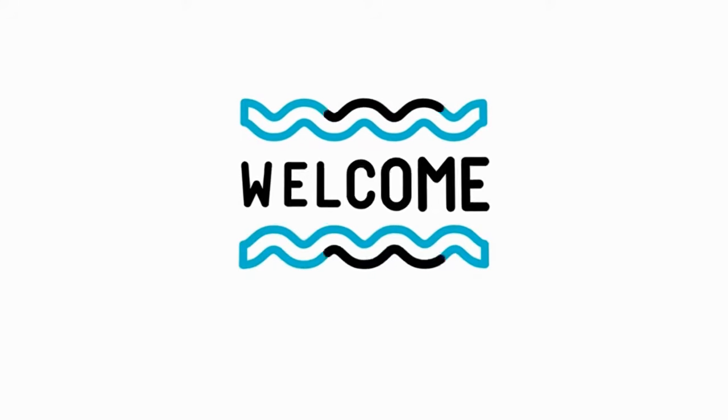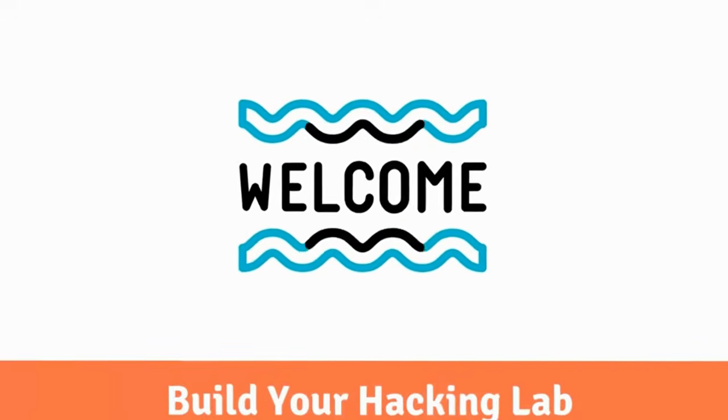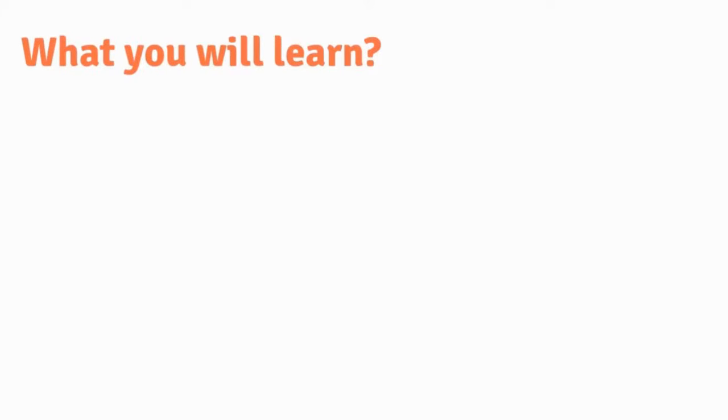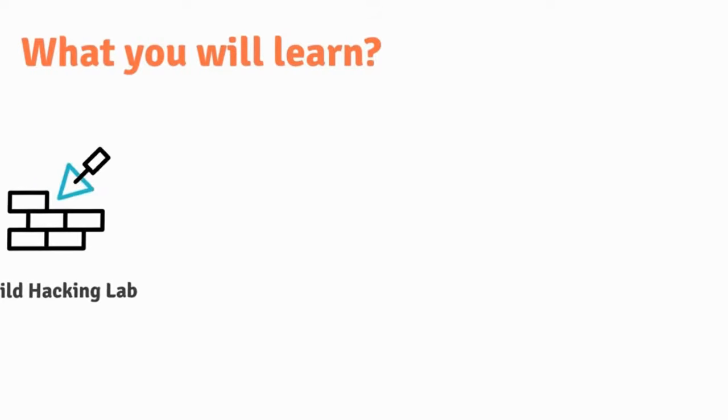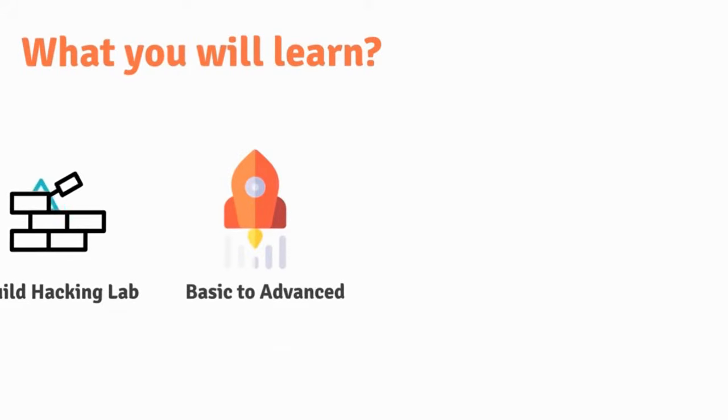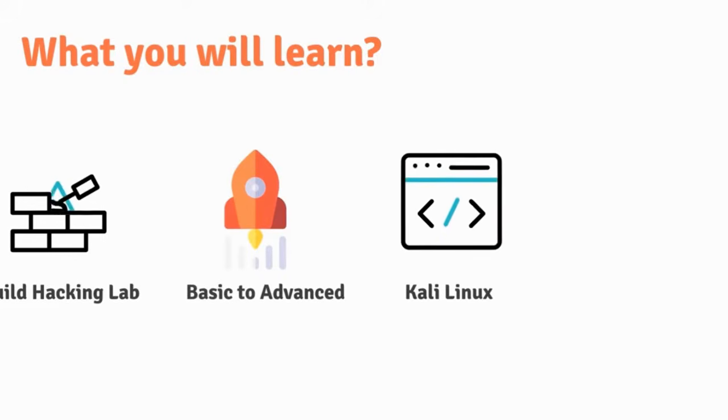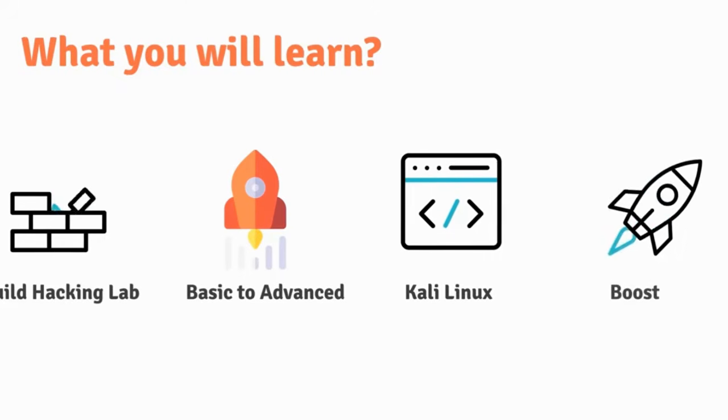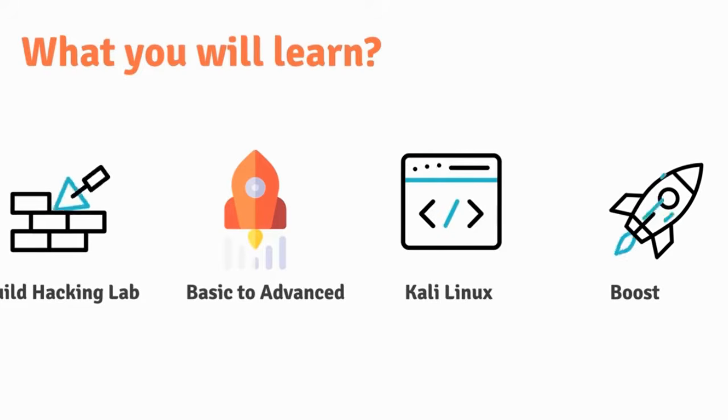So in this lecture we are going to learn all about setting up our hacking lab. This main section has 4 different parts. First, we will learn how to build our hacking environment. Then we will learn everything about the hacking lab. After that, we are gonna cover Kali Linux. Kali Linux is a hacking operating system which is widely used by hackers, and we will learn everything about Kali Linux from beginner to advanced. And last but not least, some basic customization like increasing our internet speed so that we can work